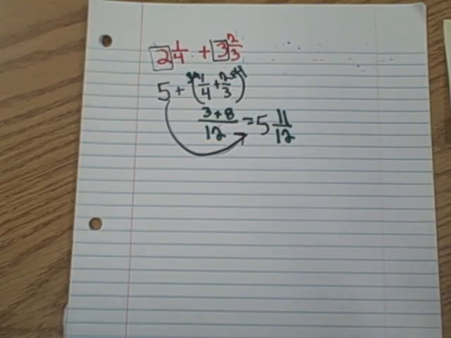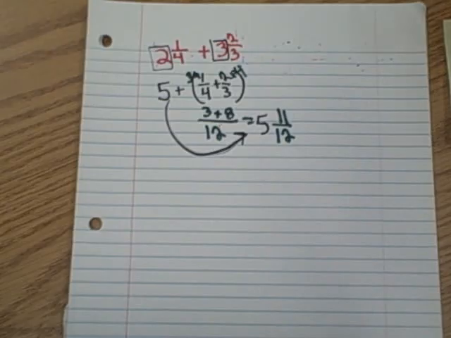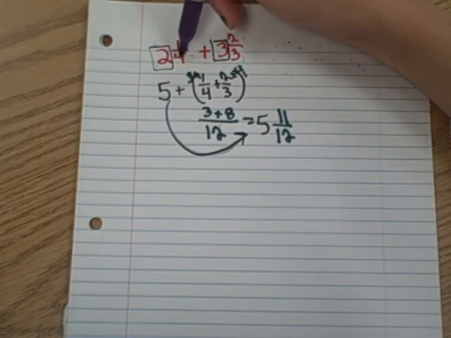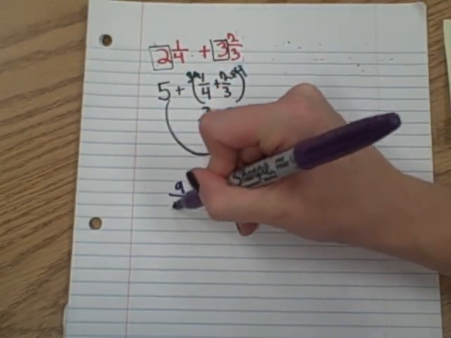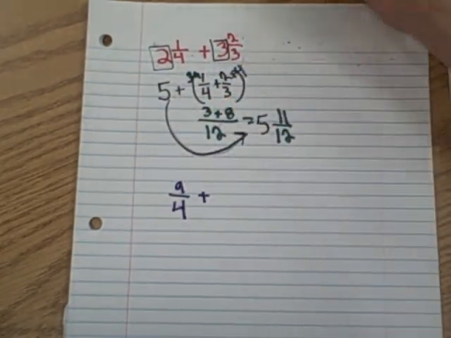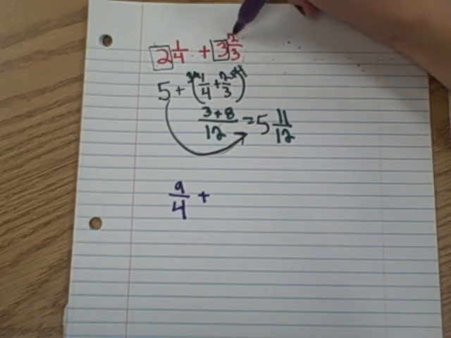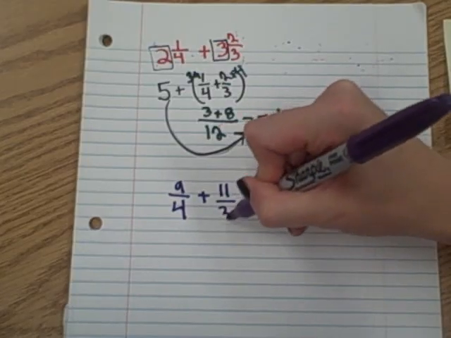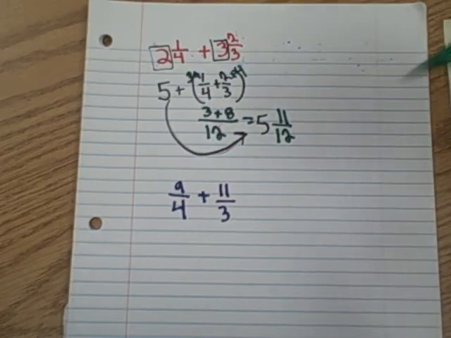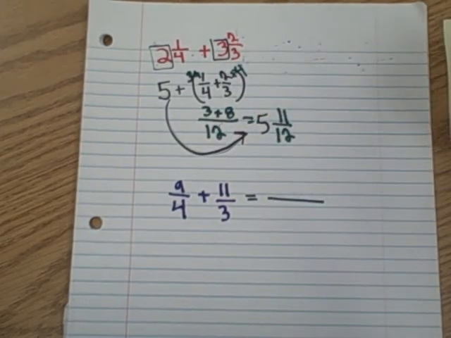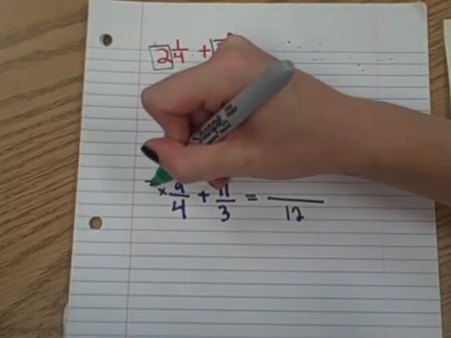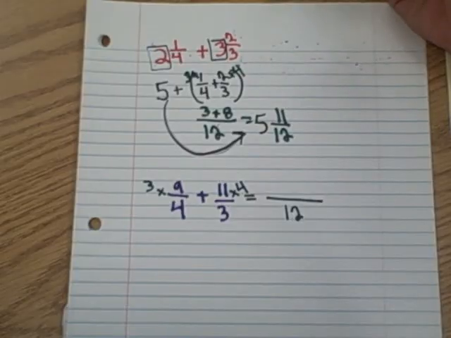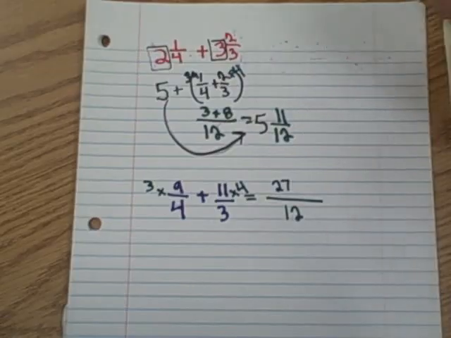So I'm just going to do that same problem really quickly with improper fractions instead. So we've got 2 and 1/4. I would have made that 2 times 4 is 8 plus 1 is 9, so 9/4, plus 3 times 3 is 9 plus 2 is 11/3. I would have made my common denominator 12, which is timesing the top and the bottom by 3 over here, the top and the bottom by 4 over here. I would have gotten 27